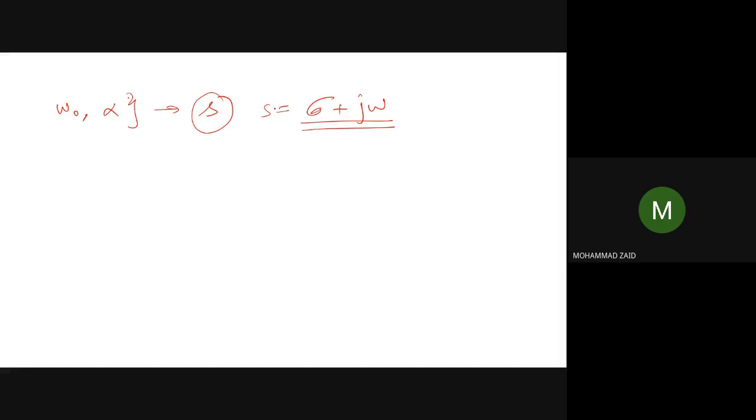So S is a complex constant where it has two parts, where omega naught is one part and alpha is the other part. So the natural response of the parallel RLC circuit